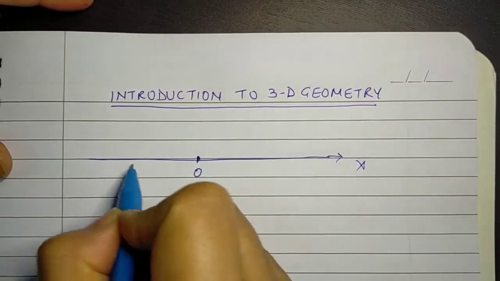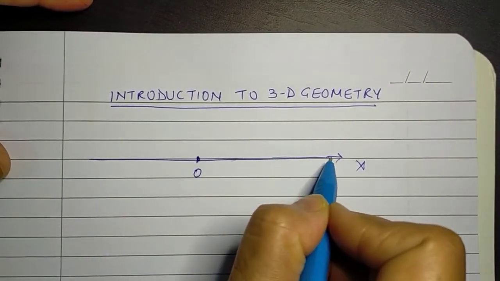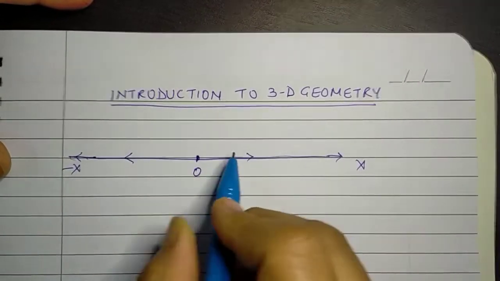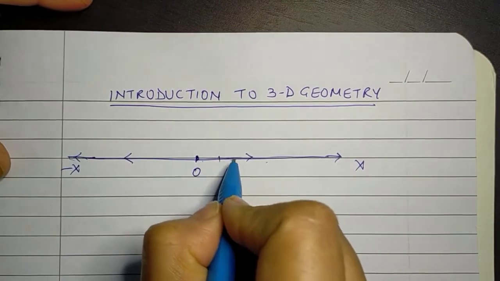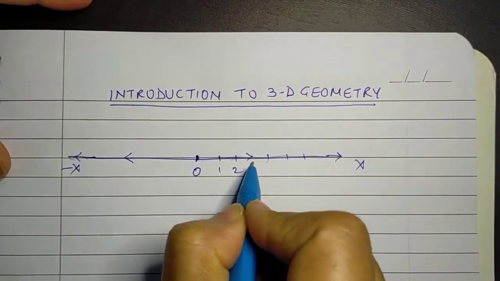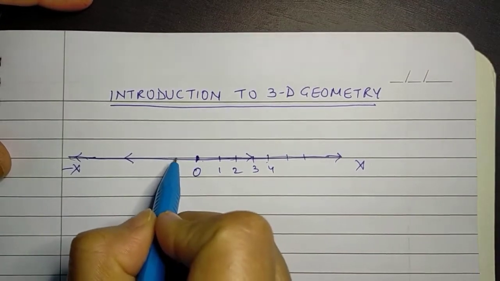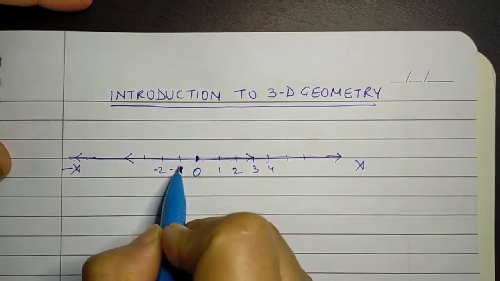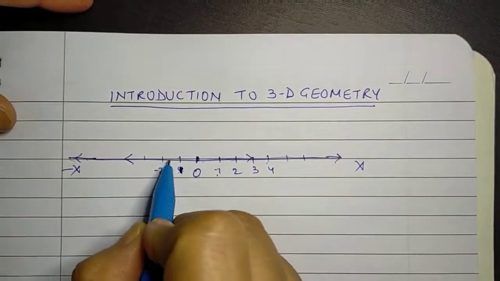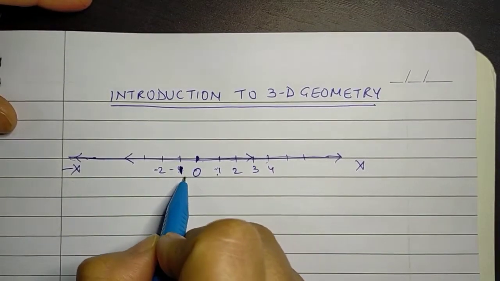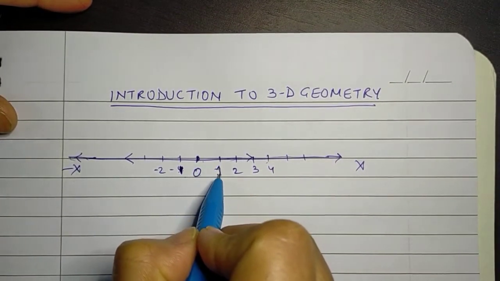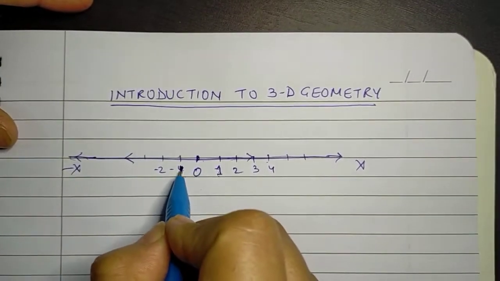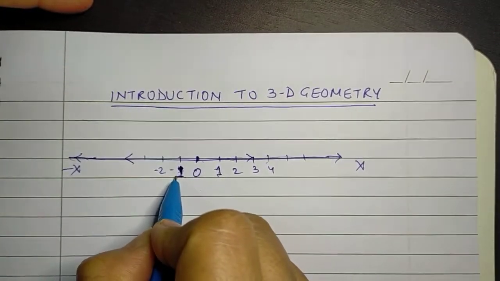So we could find the position of any point lying on this number line, either on the right or on the left of 0. All the points which were on the right of 0 we called positive, whereas those which were on the left of 0 we called negative. And accordingly, distance wise 1 and minus 1 are equidistant from point 0, but the sign associated with it tells us that 1 is on the right of 0, whereas minus 1 is on the left of 0.